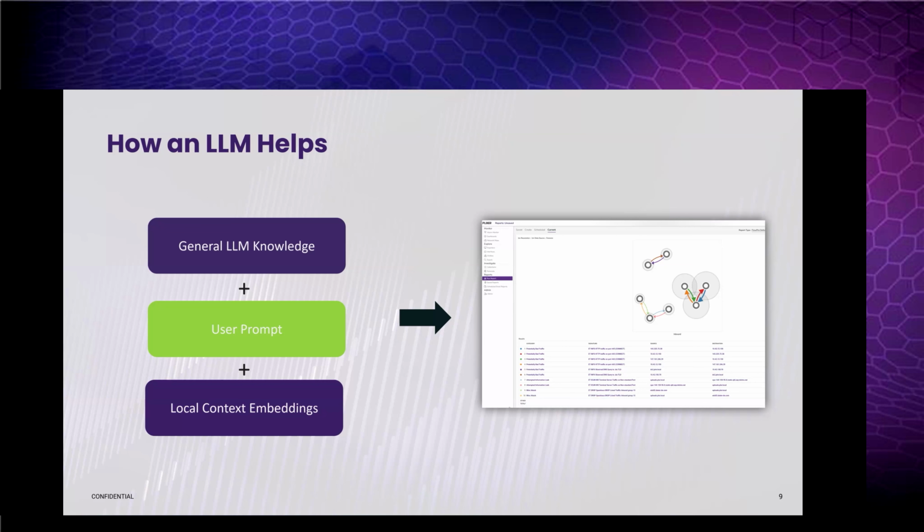So a combination of that general LLM knowledge, the prompt the user provides, so the actual question we ask it, and then ultimately some local context, like I mentioned before, the IP groups, the things that are defined in your network that the platform knows about. Unifying those three components, we've effectively taught one of these LLMs how the query and the back end works for a reporting interface. It creates a bridge that happens seamlessly between your input and initial investigation steps, ultimately getting you right to the data that's the output.